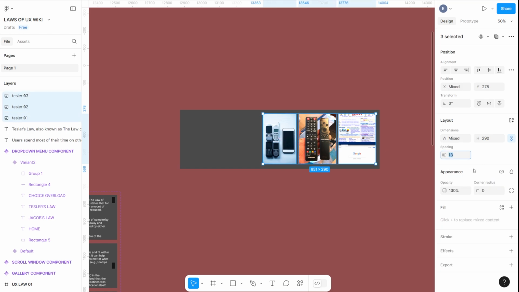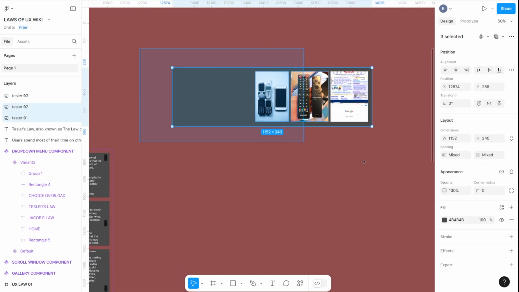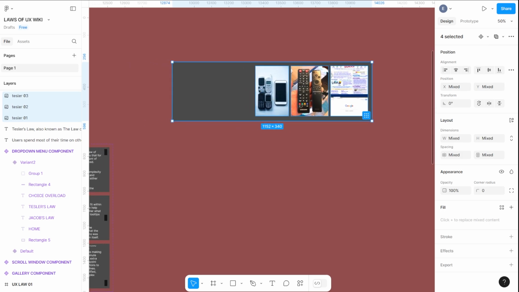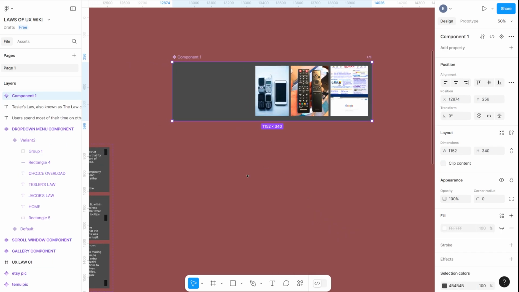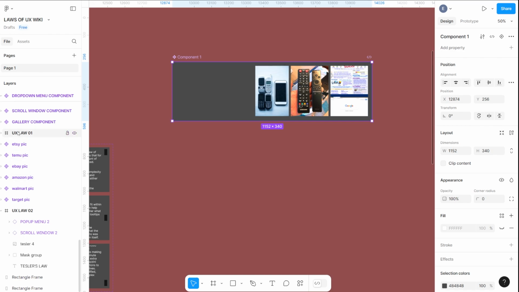Are they all the spacing? My other one was 12, so that's why I'm doing that. So yeah, let's make our little photo carousel. And so we'll make this into a component. Create component. What I call it in the other one. Gallery component 2. And previously I made these all into their own components before I nested them into this component,